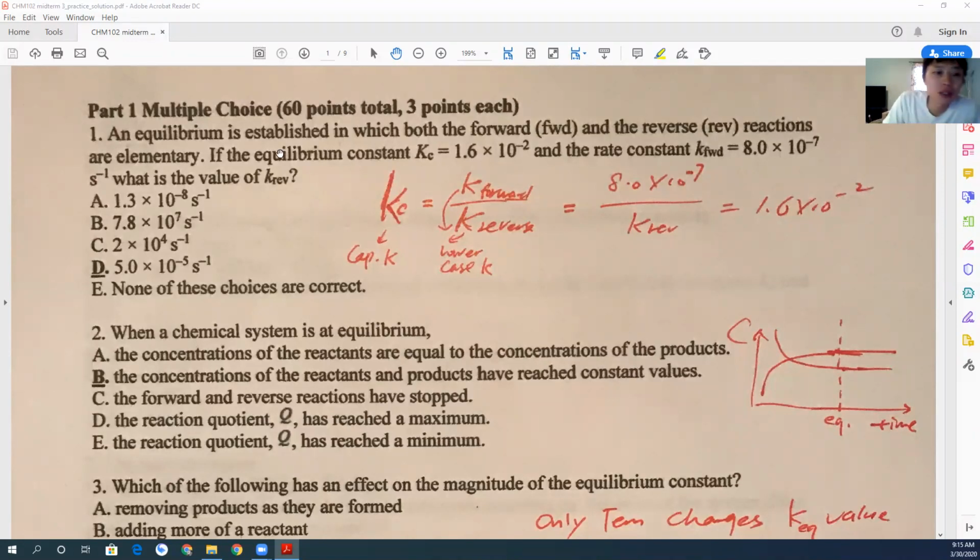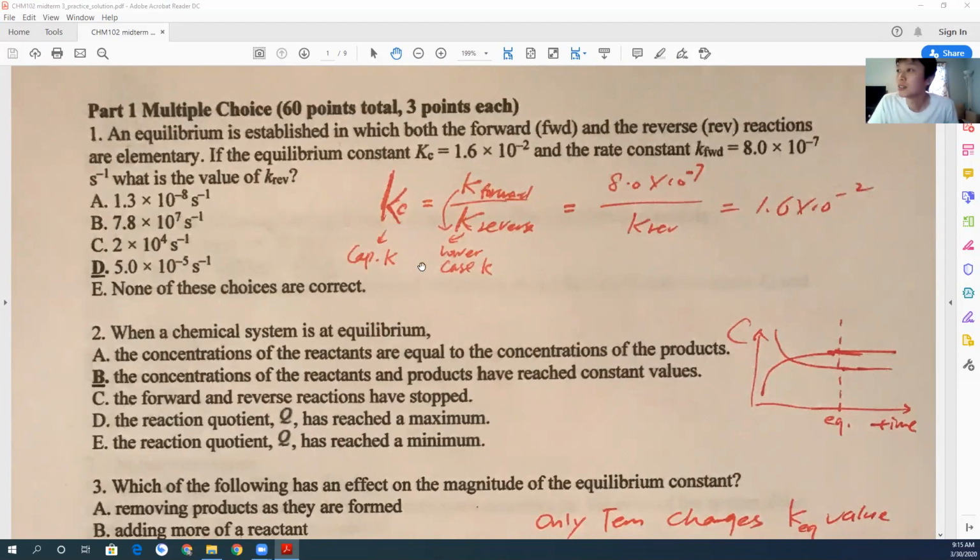Right, so I'm gonna go over the practice exam. I already posted the solution, but I will go over it again. So chapter 17 is about the equilibrium constant, the equilibrium positions, and how to determine the direction of